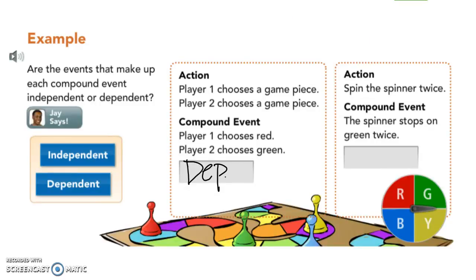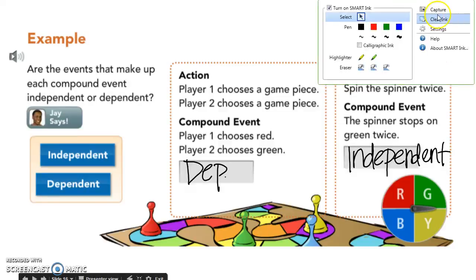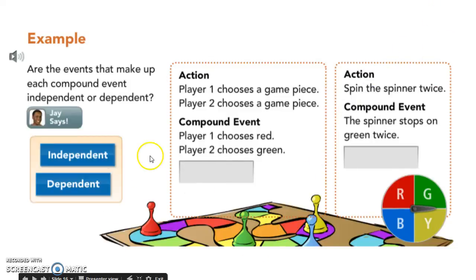All right, look at the second one. Spin the spinner twice, and it stops on green twice. Now I spin the spinner, and then I spin it again. Did my number of possible outcomes change from the first time I spun it to the second time I spun it? No, nothing changed. This is an independent event because whatever happened the first time I spun it, it doesn't matter, because there's still all 4 sections on the spinner that I could possibly land on the second time. That's different from the game pieces because once one person picks a game piece, there's only 3